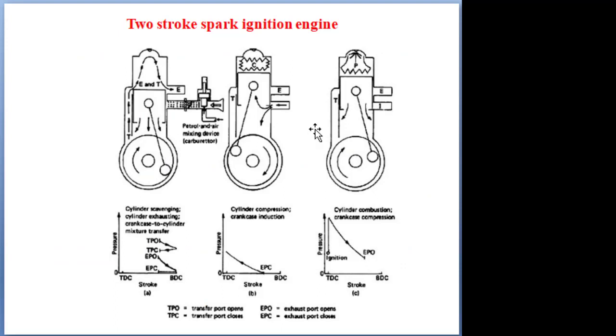Next, coming to the two-stroke engine. In the two-stroke engine, there is the crankcase, and these are the ports: transfer port, inlet port, exhaust port. These ports are not operated by valves but by the movement of the piston. These engines are called Clerk engines. Entirely it is a patented engine.